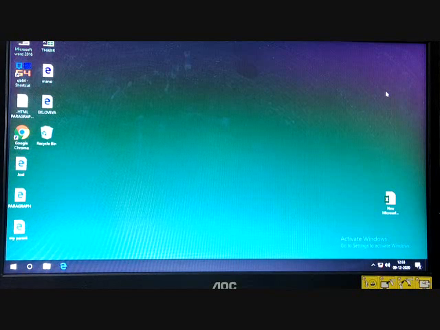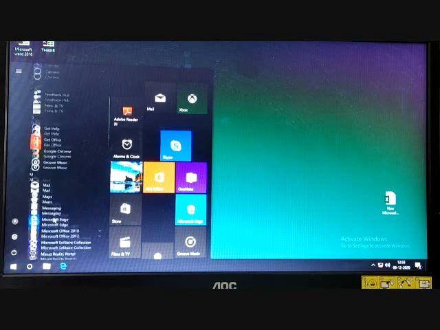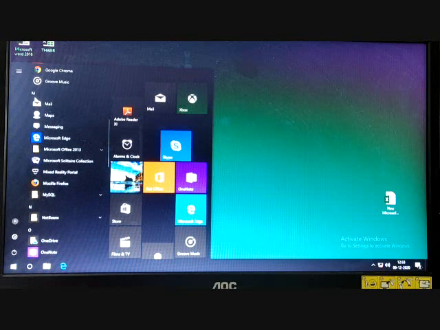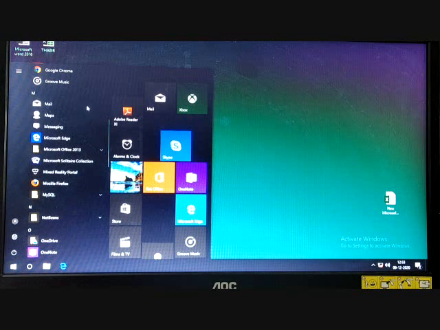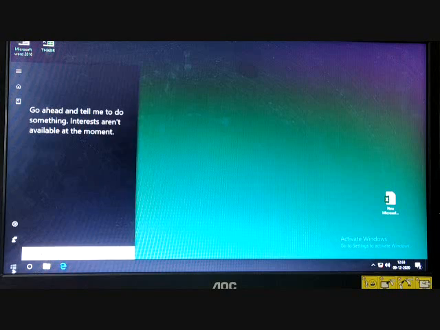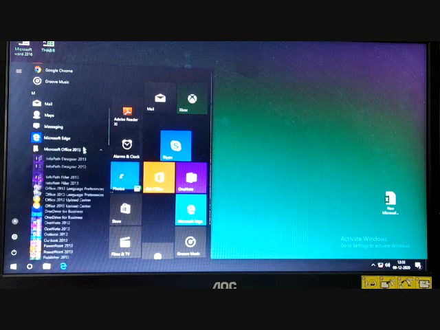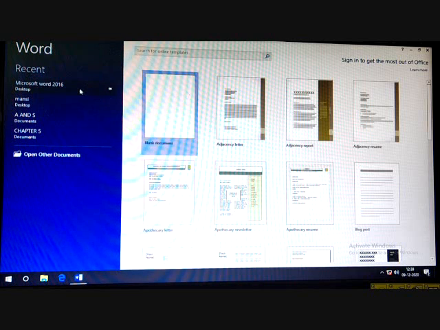Now, to start Word, first of all you have to go to your start button. After going to the start button, you have to find the Word. It is made by the Microsoft company, so it will be Microsoft Word. So you will find it in M. Just search it out. If you are not able to find it here, you can also go to the search button and write down here Word. So we will find it and open it. So Word will open up. It will look like this.